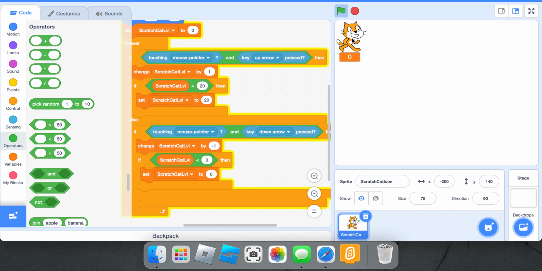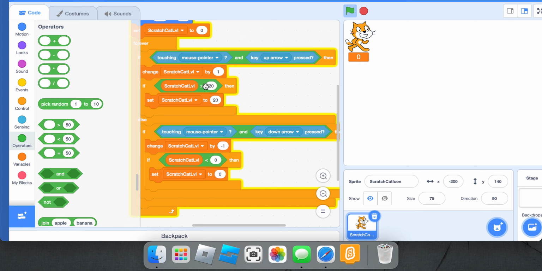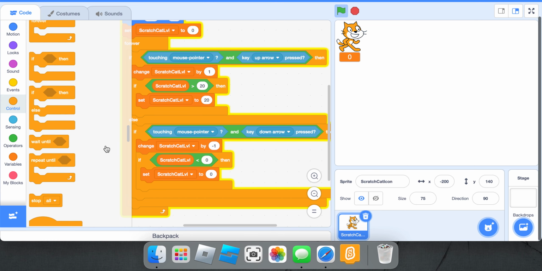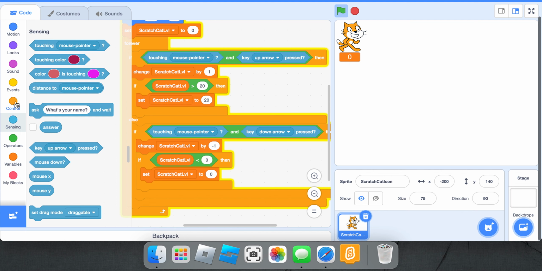So now, this is what happens. If we run our project and have our mouse over the character, we press the up arrow. Oh my, it shoots all the way up to 20 and then down to 0. I figured out why this happens. This is because we did not put a certain block that we need to when we use these blue arrows. So we need to go to Control,